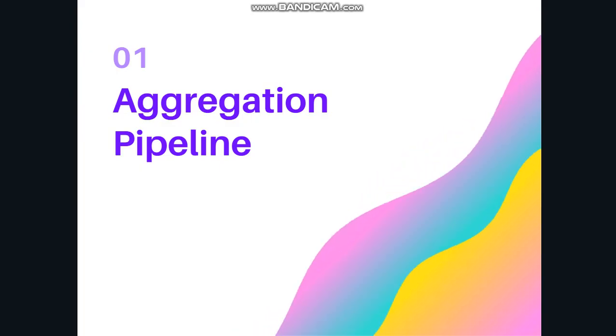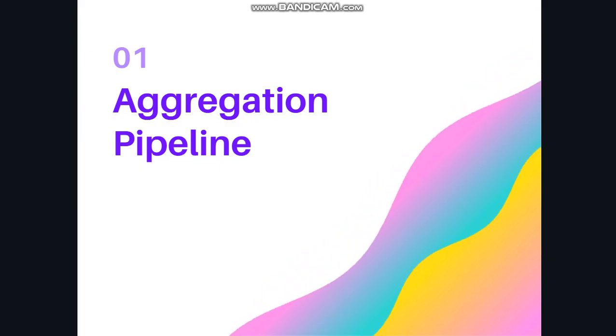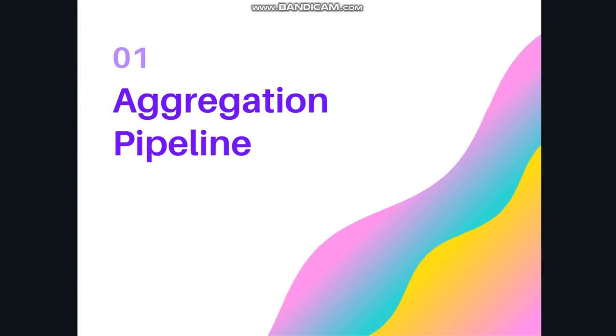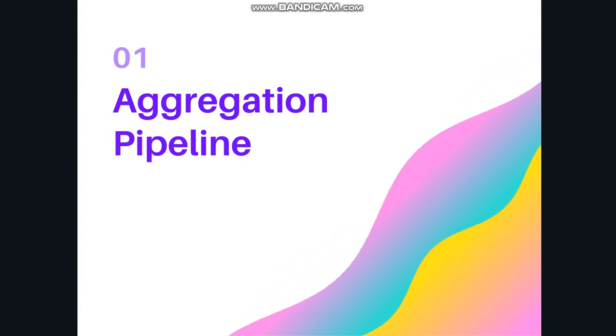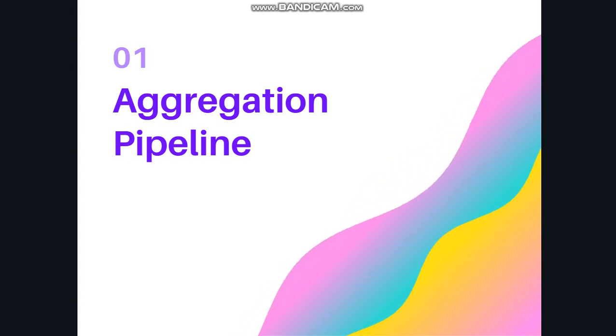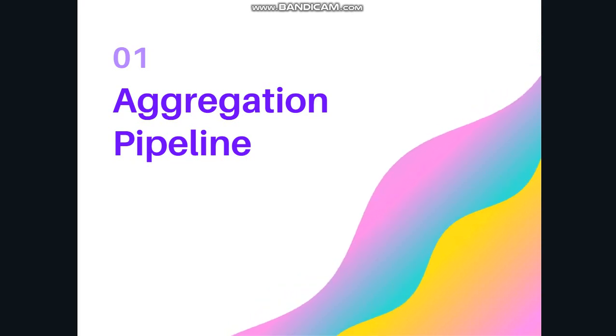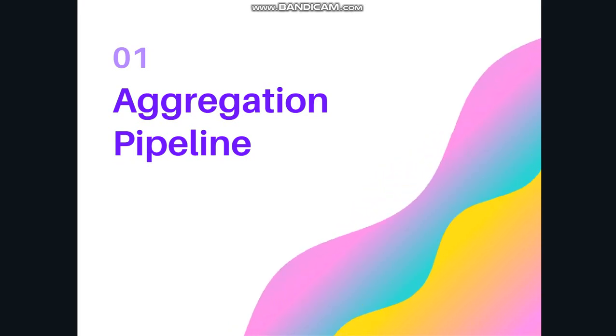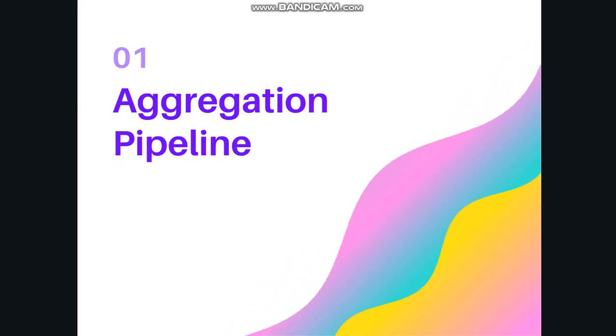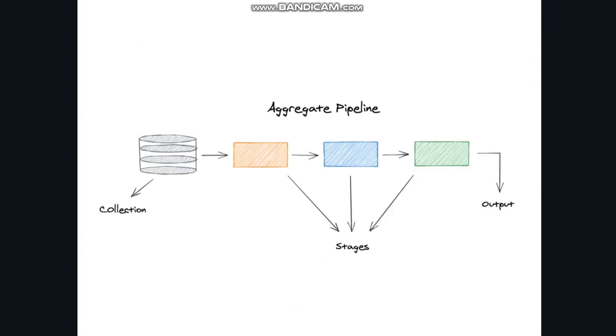The first is the aggregation pipeline. Whenever we have the concept of a pipeline, it means we are working in certain stages, like stage 1, stage 2. It means you have different operators working at different stages, and every operator will be playing its own role, right? This is the diagrammatic representation of the aggregation pipeline. You can see at the extreme left we have a collection which is undergoing certain stages, and at the end we are getting the desired output, right?